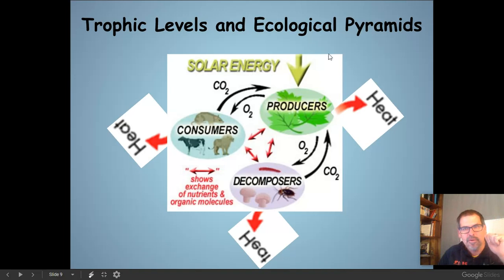That's section 3.4. So here's our solar energy captured by the producers, and then we have the energy flowing through the consumers and through the decomposers. The matter gets cycled around. The carbons, the nitrogens, the oxygens, the periodic table of elements, the Legos of the universe. That stuff gets cycled around. Again, we'll get to that in section 3.4. But the energy flows one way, and much of it is lost in the form of heat.